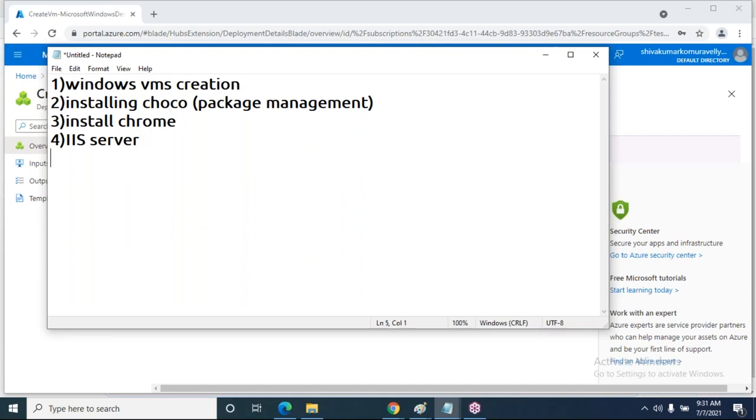I think yesterday we used the apt-get command, right? For Linux operating systems, the package management command is apt-get. For Windows, Chaco. For the Mac operating system, the command is brew, Homebrew. These are the package management commands for various operating systems.